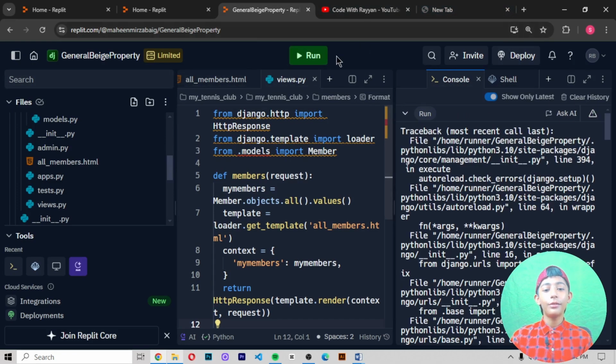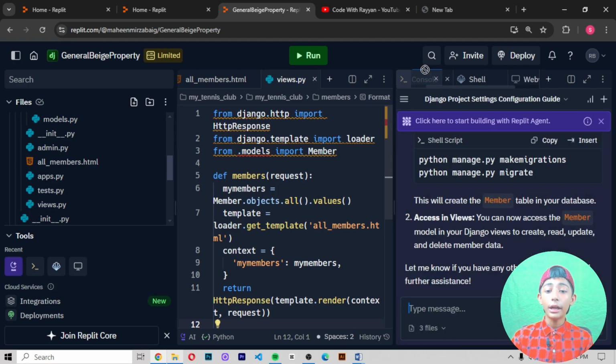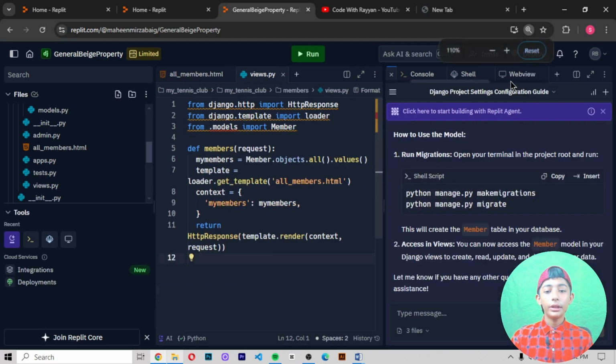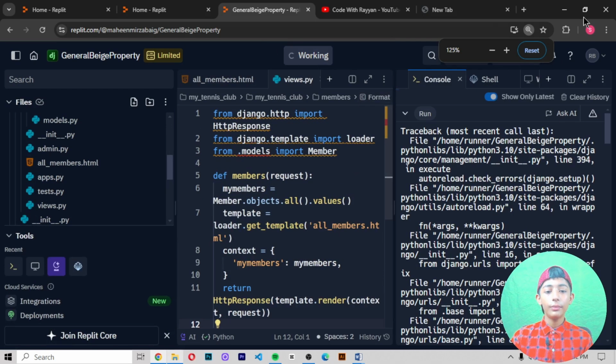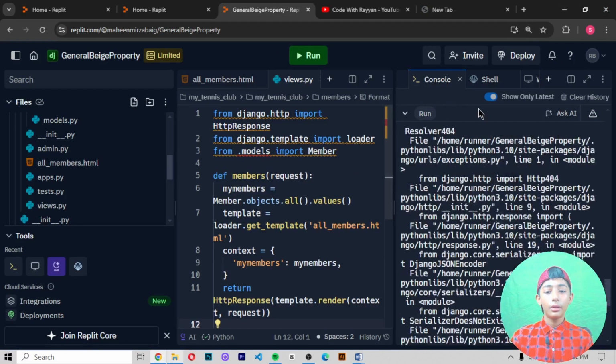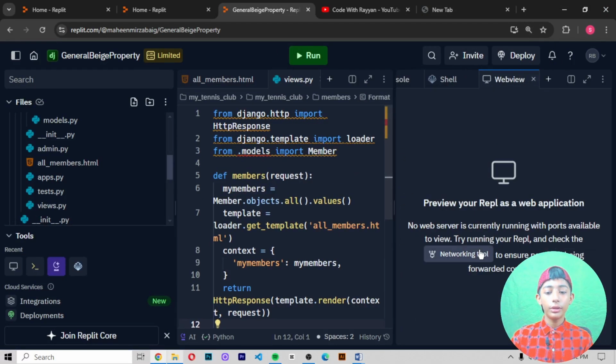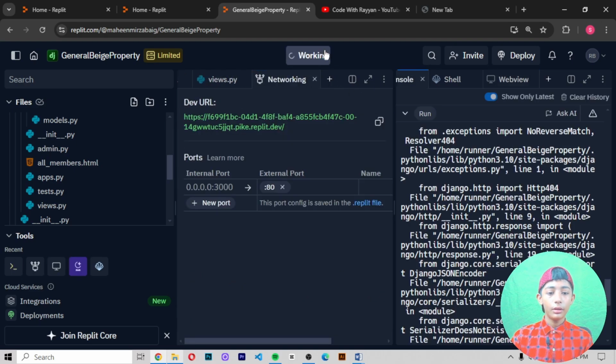Okay, this is Replit, so I do not write this. If you are on Visual Studio Code, then you can write that. Okay, where is our web view? This is our web view. So why is the web view not showing? When I run it,